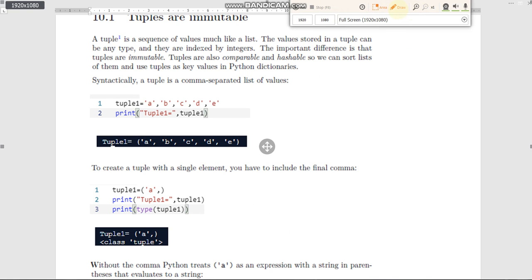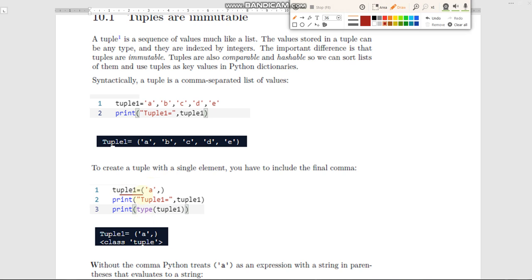See here, we have created a tuple with a single element. We have declared a variable called tuple1, which is initialized with only one element, a, a character element. I told you using the parentheses is optional, so here we have not used parentheses while initializing the tuple, and here we have used parentheses. And remember, this tuple1 is initialized with only one character, so that character should be terminated with the comma symbol. That is the syntax for declaring a tuple with a single element.